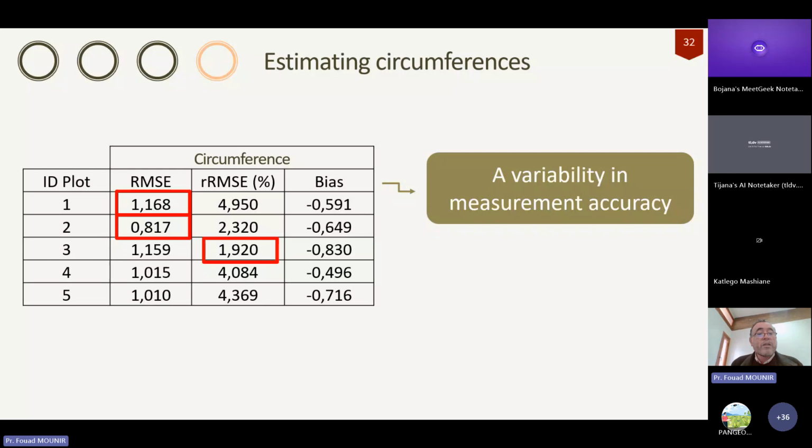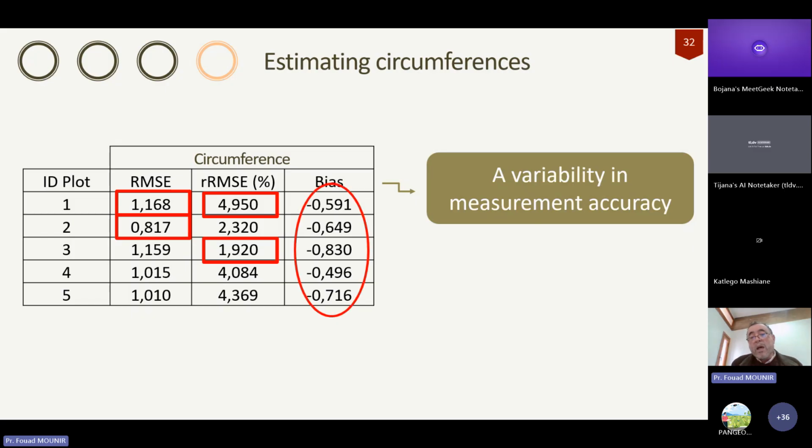We can see here that plots 1 and 2 vary between 0.8 to 1.1, and the relative RMS varied from 1.9 to 4.9,